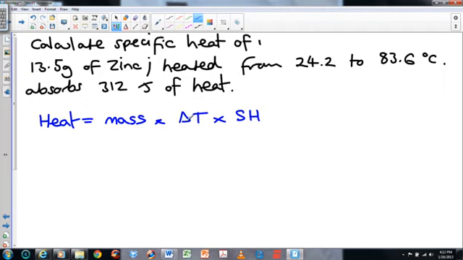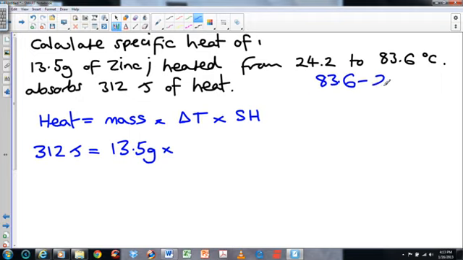Alright? Now, let's start off with the heat. How much heat are we talking about? Well, our heat is right here. It absorbs 312 joules of heat, so our heat must be 312 joules. The mass of our zinc is actually given to us right there. It's 13.5 grams. Our temperature change is going to be our final minus our initial, so 83.6 minus 24.2. I think that's going to be